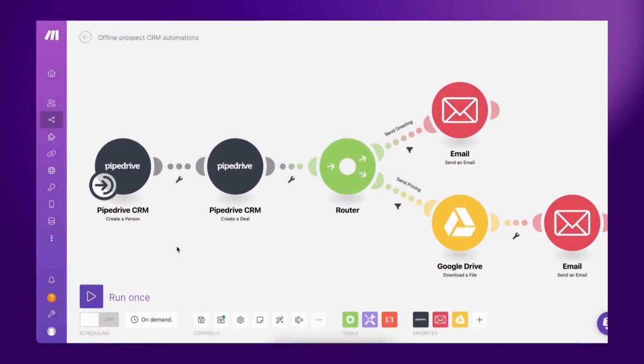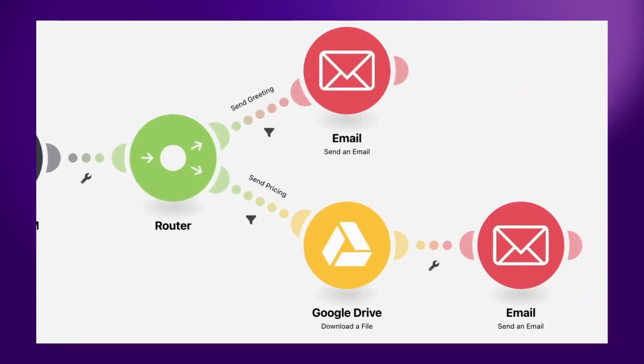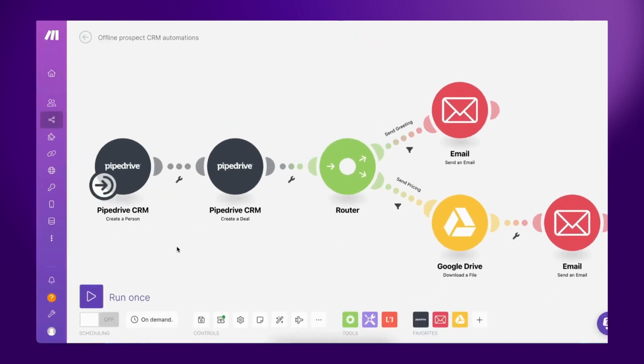Let's take a look at another example. This scenario has been created by a sales rep who wants to quickly add prospects that they meet at offline events to their CRM, and automatically send a follow-up email with more information about the product and pricing. In seconds, valuable prospects receive detailed information about the company's solution and pricing, speeding up their internal decision-making process to